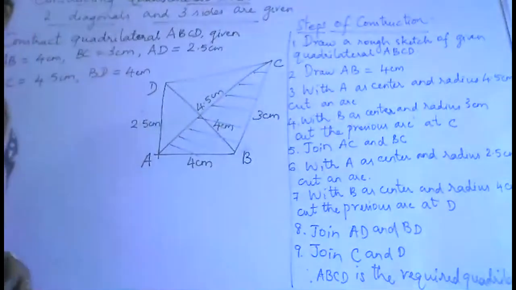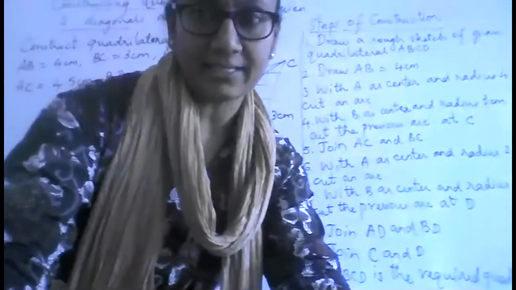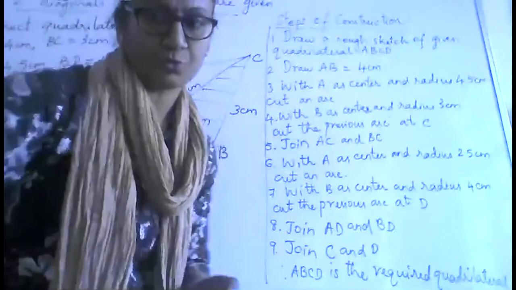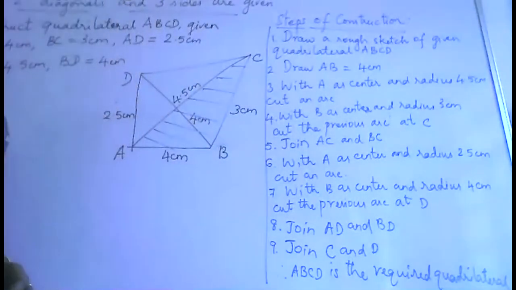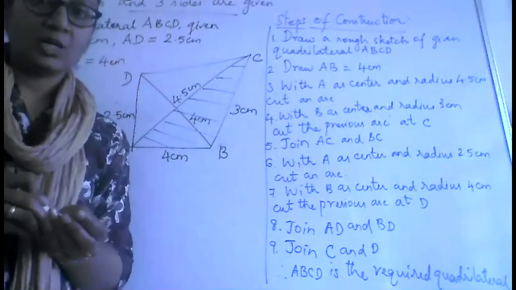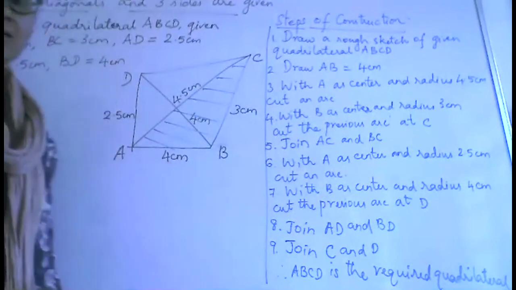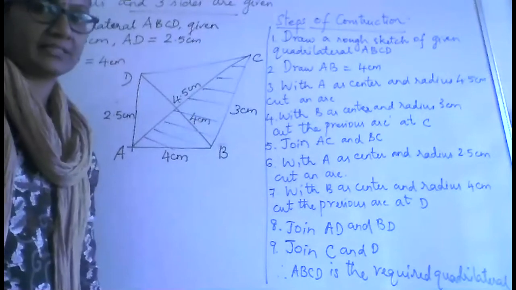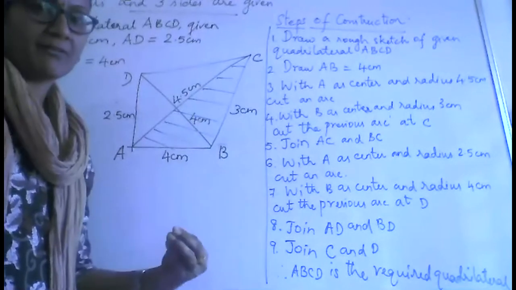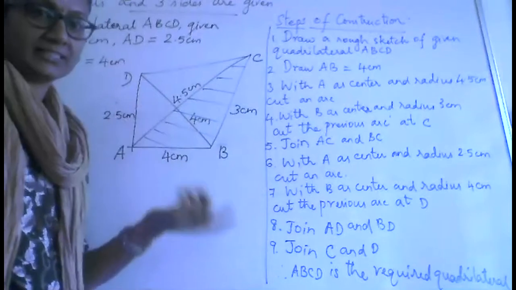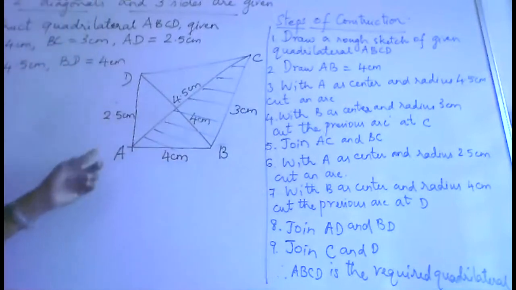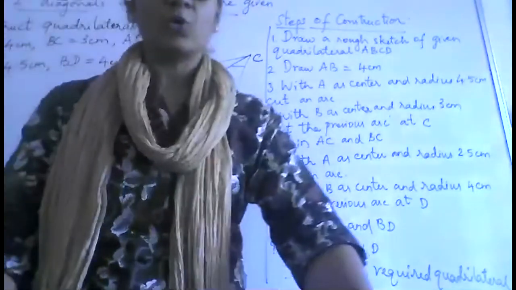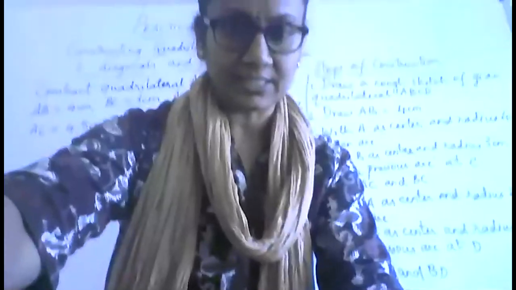Okay, so this is how you complete the entire steps of construction. I hope you could write it down. So it was 2 triangles which had to be drawn with the same base AB. So once your steps are written, we are through the steps of construction. So today we have learned the second variety of construction of quadrilateral, where 3 sides and 2 diagonals are given. So children, I hope you have followed how to construct it.